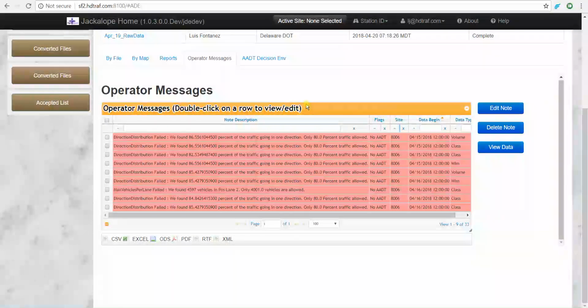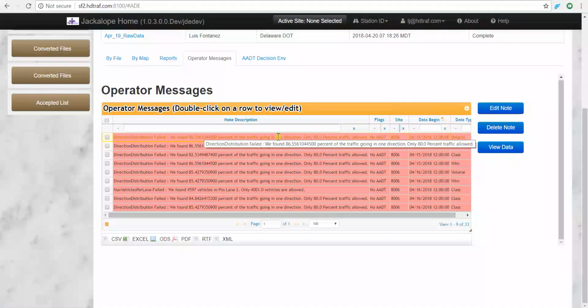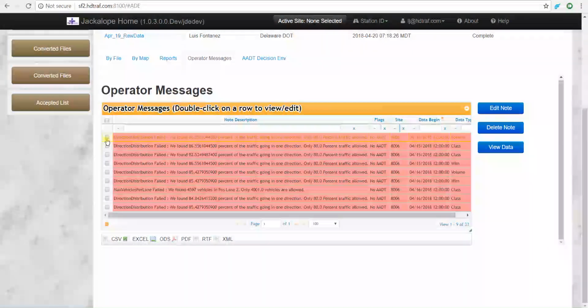Because that volume data failed, and this particular QC says if one data type fails, fail all of them, you'll see here that the volume had the error message and that also failed the class that went along with it. So let's imagine that I want to first decide whether the 86% of traffic in one direction is actually acceptable or not. I can check mark this box here and say view data,